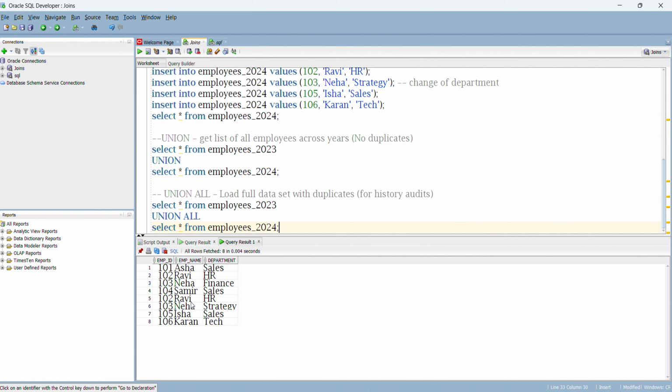So you see the output is different. Previously we had Neha two times because there was a change of department for her. But now if you see the output, you have two Ravi even though they have the same department. So now it is the situation where you get all the history as well as the new